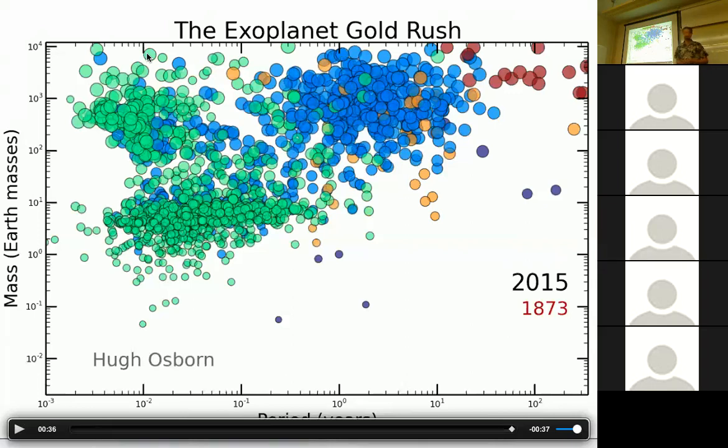And the main goal of exoplanet science over these past 2 decades has really been to try to understand this population of planets. Where do they come from? How have they formed? What are their properties? Are they rocky? Are they gaseous? Are any of them like Earth?